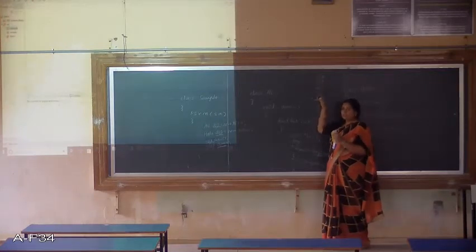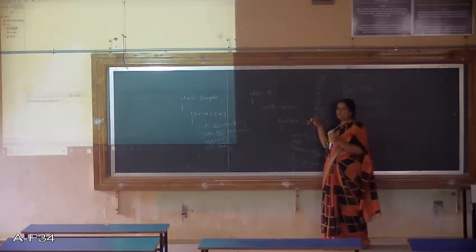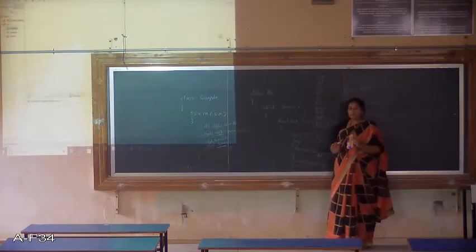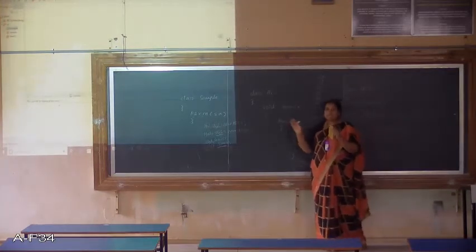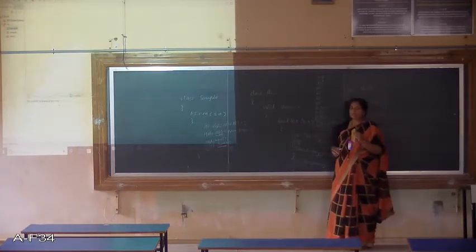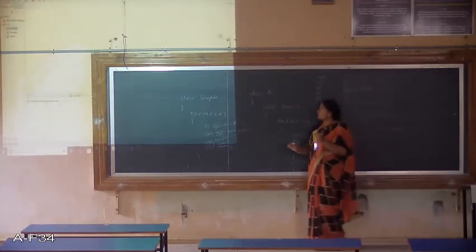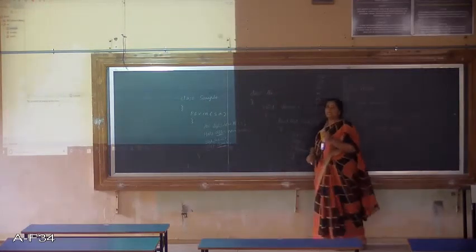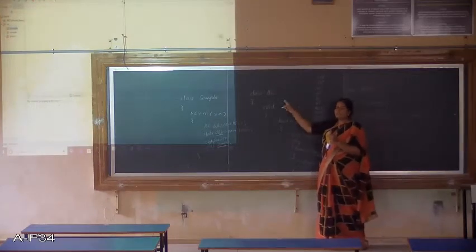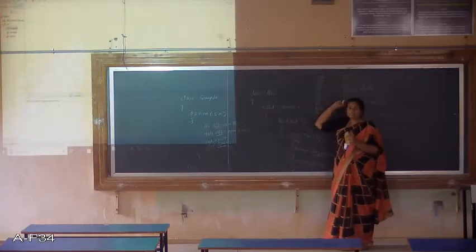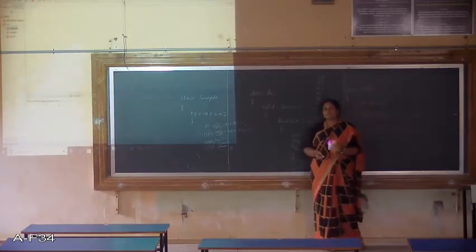We should get those words alternatively getting displayed. That means we want to show that both the threads are running parallelly. So how to do that? In that case, we have to make this a thread, one thread, and the hello class also to be a thread. So how to make it a thread?